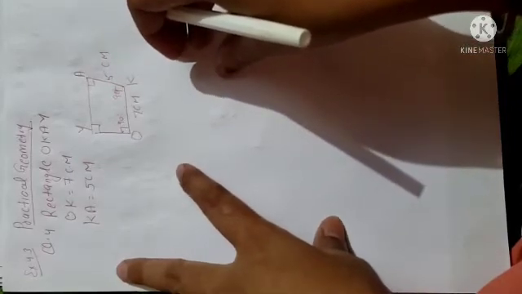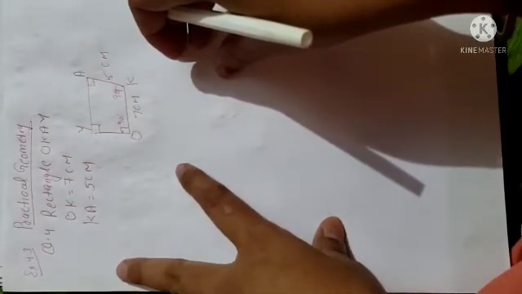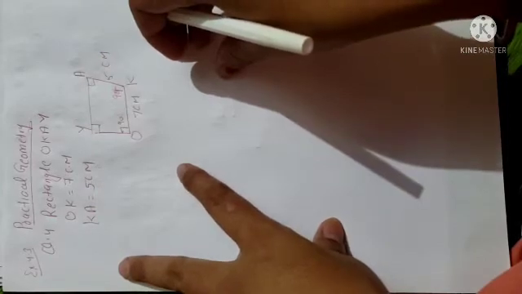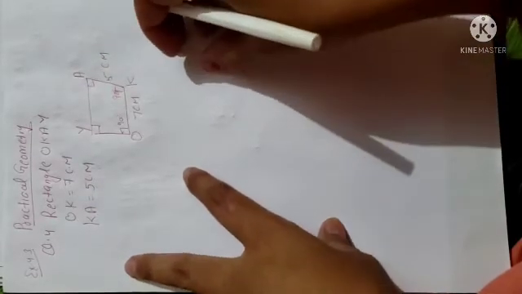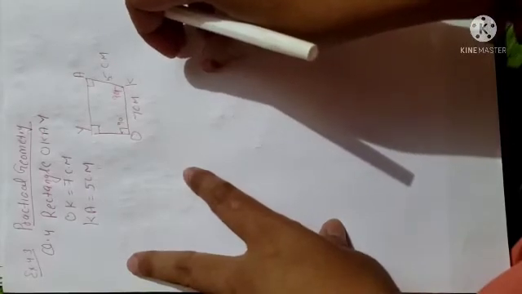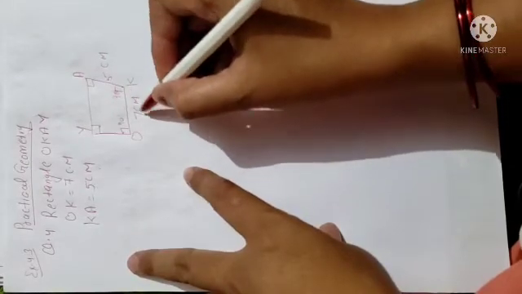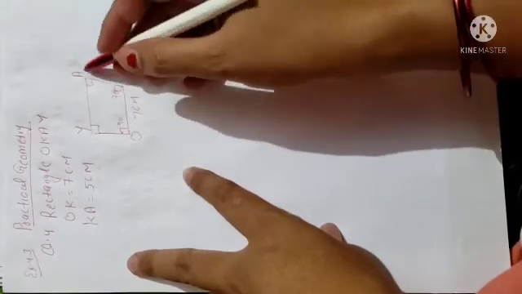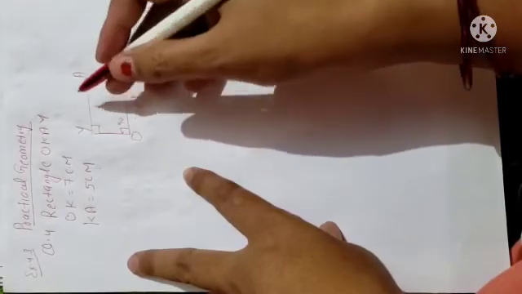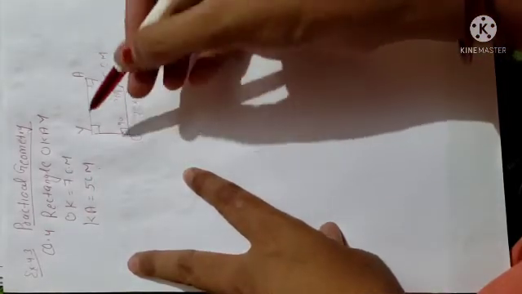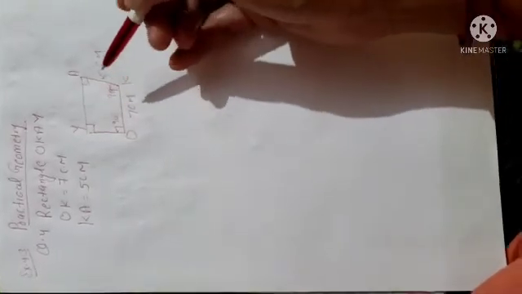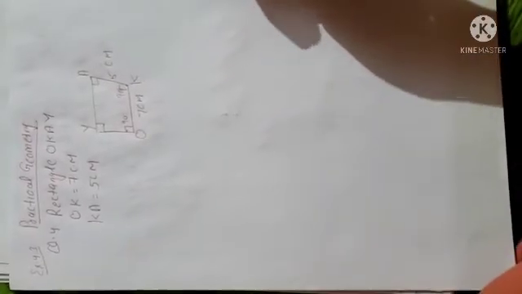So what you have to do for the fair diagram, first step, you will take a side where the length is already given and both the angles are given on that side. So here you can see, this side is already given 7 cm and both the angles are given. If you take KA, it is also given 5 cm and both the angles are already given 90 degree, because in the rectangle each angle will be equal to 90 degree. So all the angles are given and you can take any 3 angles, because we are doing the quadrilateral where 3 angles and 2 sides are given. Clear? So from these 2 sides you can take any one side.